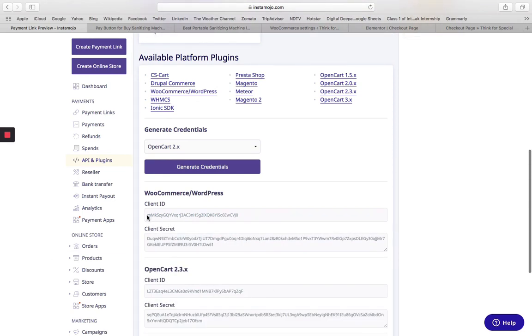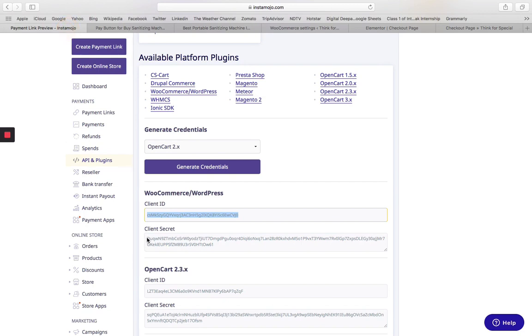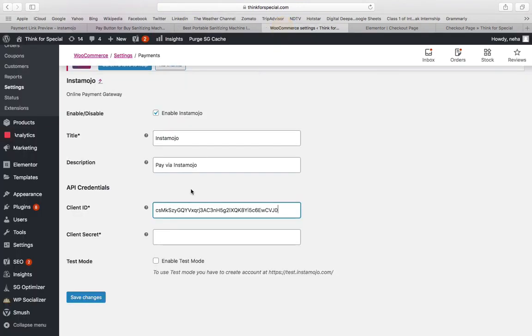Then what you need to do is just copy this and go back to your editing section, and here just paste it, and then copy the client secret, go back, and paste it, then save changes.